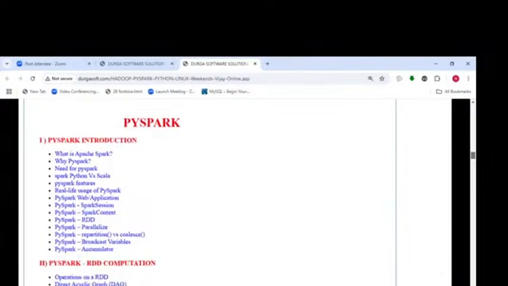PySpark introduction, why PySpark, need for PySpark, PySpark session, PySpark context, and PySpark RDD computations, operations on RDD, persistence options, PySpark core computations, groupings and aggregations, single grouping, multi-grouping, single aggregations, multiple aggregations, various actions and transformations, count by key, count by value, sort by key,